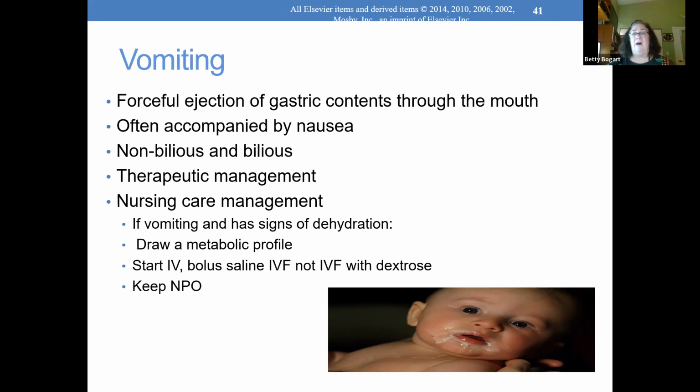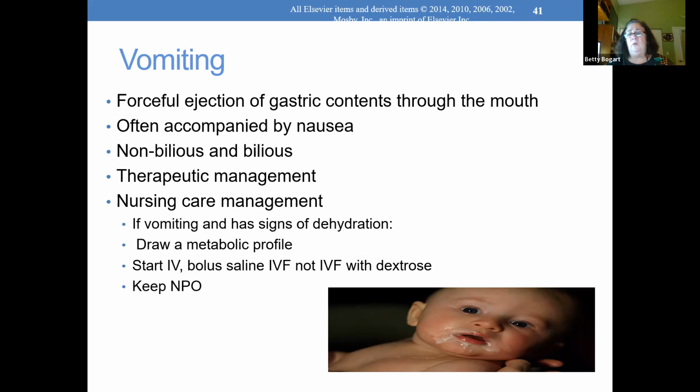Okay, and now we have vomiting. So we talked about diarrhea. Now we're talking about vomiting. Well, if you're vomiting, do you want to give something orally? If you're really vomiting? No, because if you constantly give fluid in, they're just getting rid of it. And now you have a chance for aspiration, and we don't want that. So if we are just vomiting,